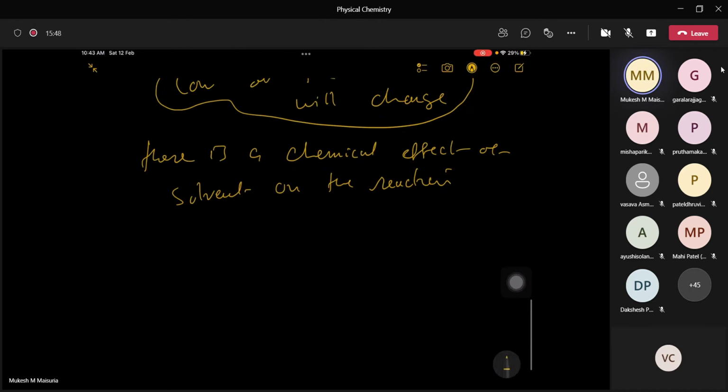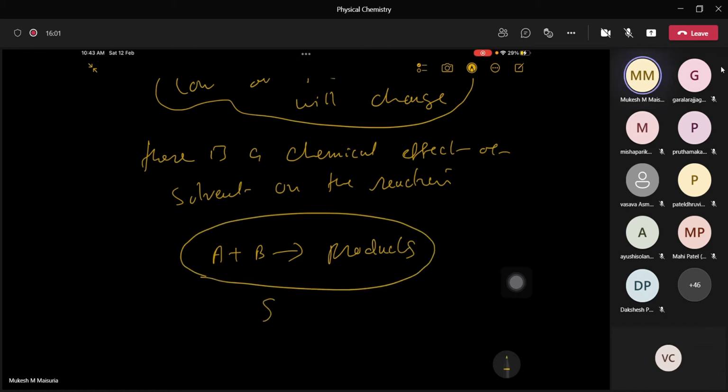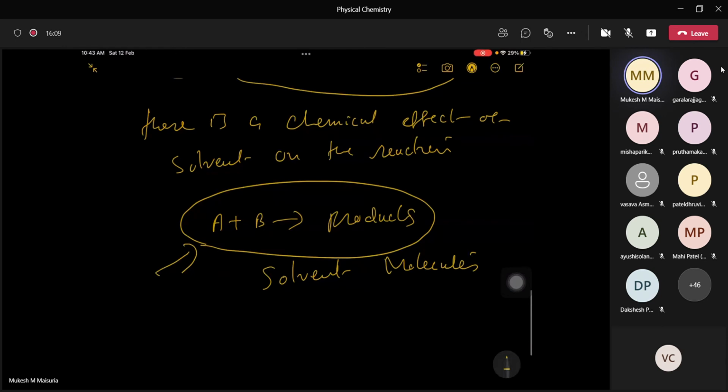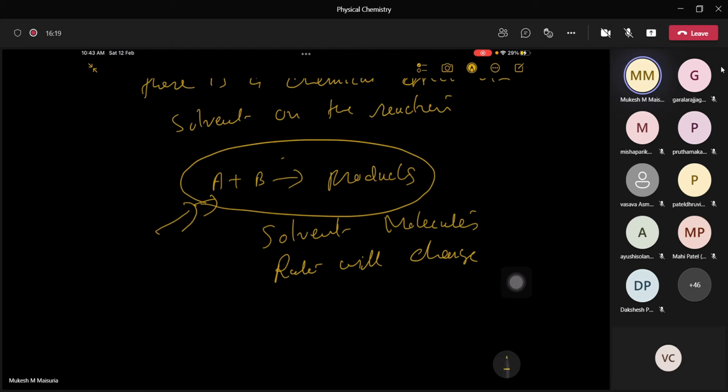Solvent on the reactions. So ultimately what we are going to discuss is that if simple molecules are there which don't contain any solvent molecule, then how the rate of the reaction will change according to the property and the collision of the reactant molecules. Understand? But if solvent molecules are